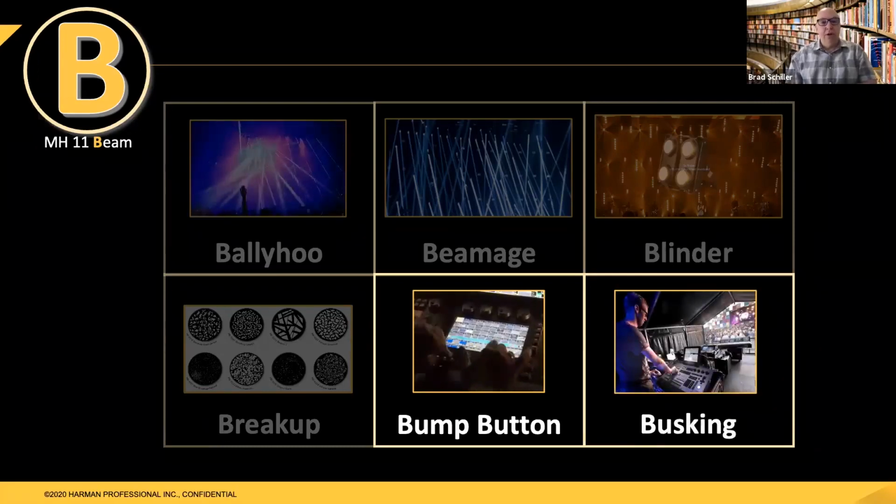The last B word is busking. Now, busking, you also make use of bump buttons a lot while you're busking, but busking is basically the term of creating lighting looks spontaneously in response to a performance. So this is where you have not pre-prepared, you don't have a cue list, maybe you don't know what the band's going to play, maybe you're working a corporate event or a festival, and there's just a band on stage and you've got to start running lights for them. Well, this is typically referred to as busking. Some people might call it winging it, but busking is a really fun term that basically means making it up as you go along from the lighting standpoint.